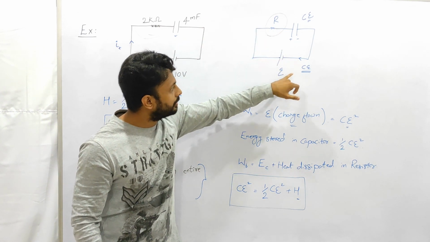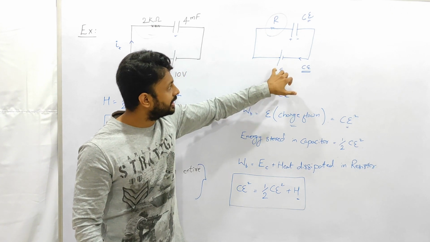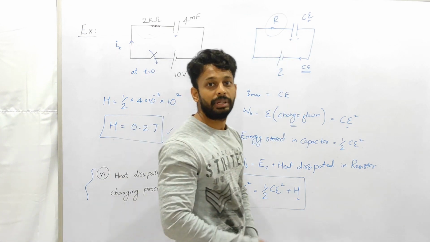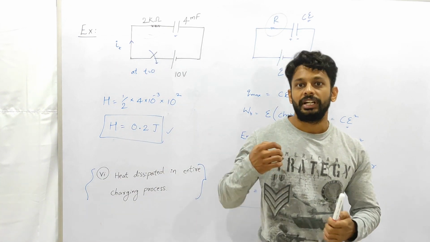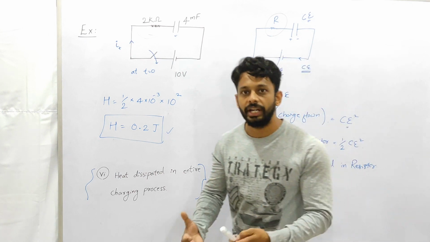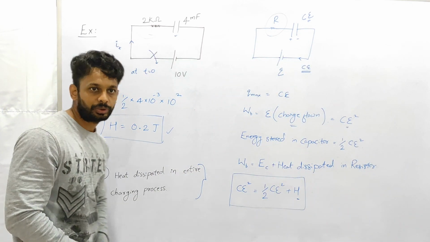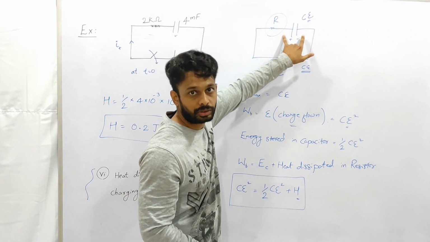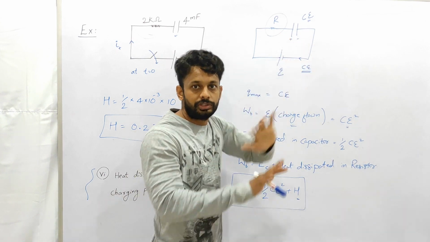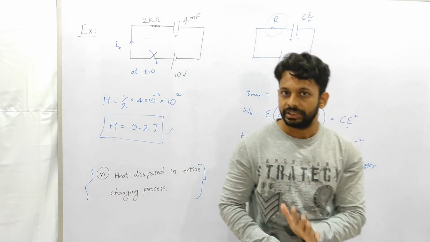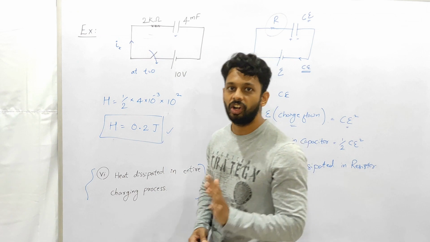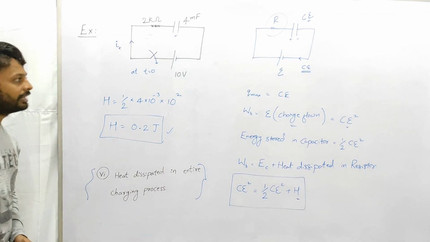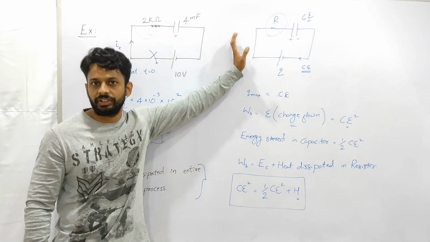Then also if you observe, CE squared will be the work done by the battery, half CE squared is energy stored in the capacitor, that means the remaining half CE squared will disappear, but where and how, in which form? That was the question. So we are neglecting the resistance of the connecting wire and the resistance of the capacitor plates also. Okay, zero resistance in the circuit, but still you see there is half CE squared energy lost. How and why is it lost? Okay, that was the question. Just think about that for a while, guys.